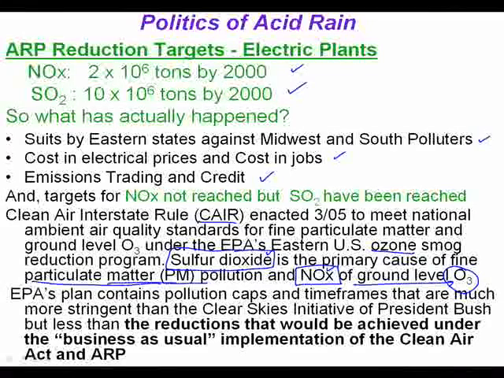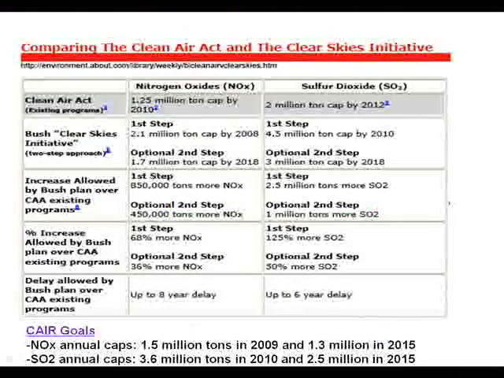Other people, such as President Bush, put out an initiative, but unfortunately that was a lessening of the Clean Air Act as opposed to a tightening. So it did not gain much ground outside of his cronies in Congress. Okay, we can skip that.